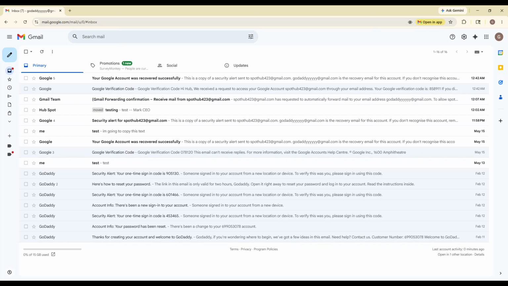If your Gmail screen feels cluttered or you want a cleaner layout, this video is going to show you exactly how to hide and unhide the Gmail side panels in just a few seconds. We'll cover both the left sidebar with your inbox folders like Sent and Drafts, and the right side panels for Calendar, Keep, and Tasks. This is a super simple Gmail tip, but it can make a big difference if you want more space and